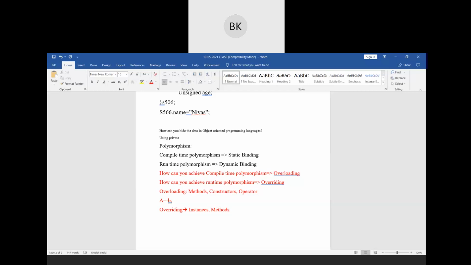Overriding is different and overloading is different. Overloading is compile time polymorphism. Overriding is runtime polymorphism. This is about runtime polymorphism. Next, coming to